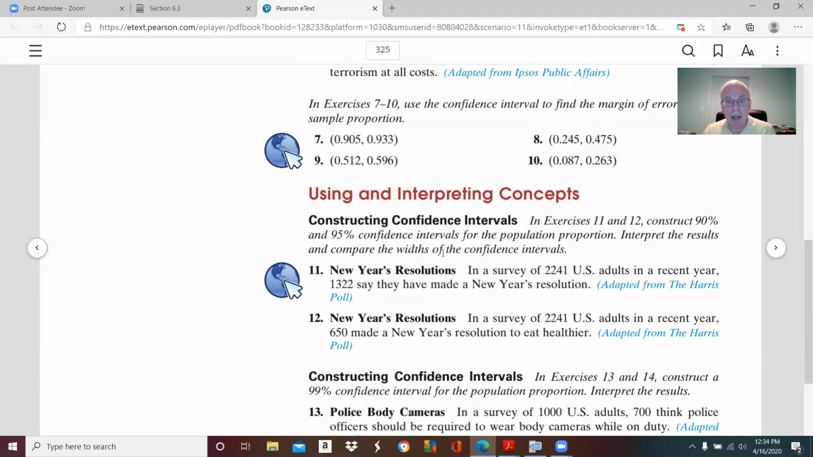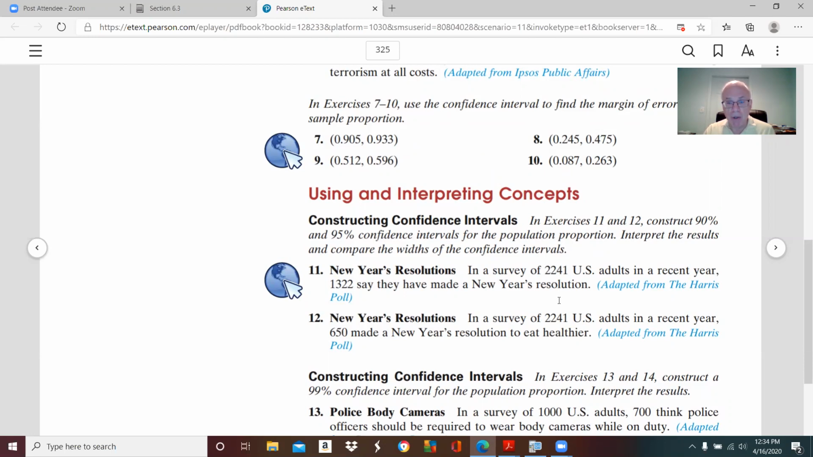All right, in number 11, it says in a survey of 2,241 U.S. adults in a recent year, 1,322 said they have made a New Year's resolution. So we're going to construct a 90% confidence interval that estimates the population proportion. So this is a survey, and obviously there are millions of US adults, and we want to construct the confidence